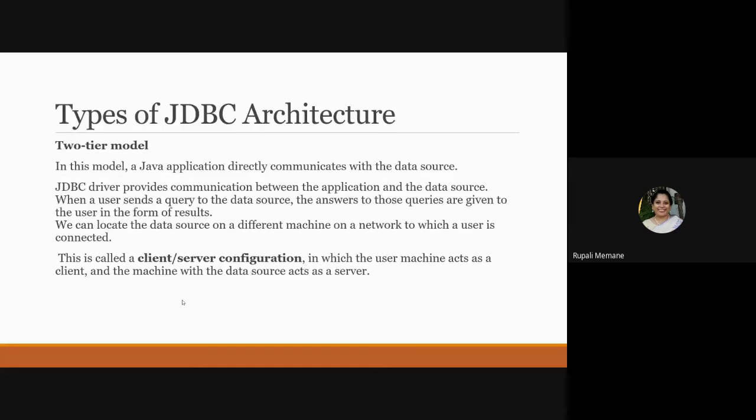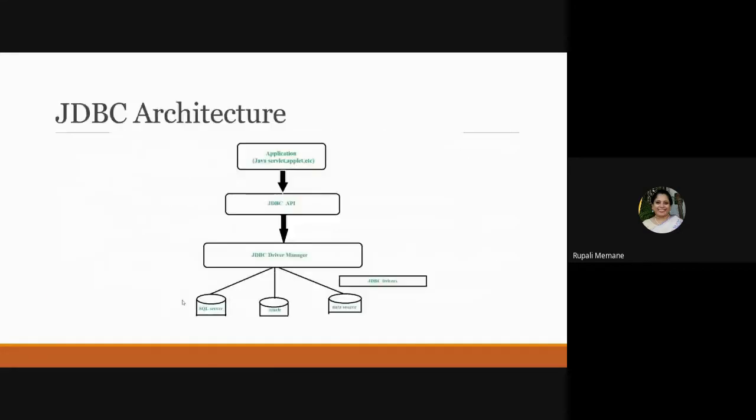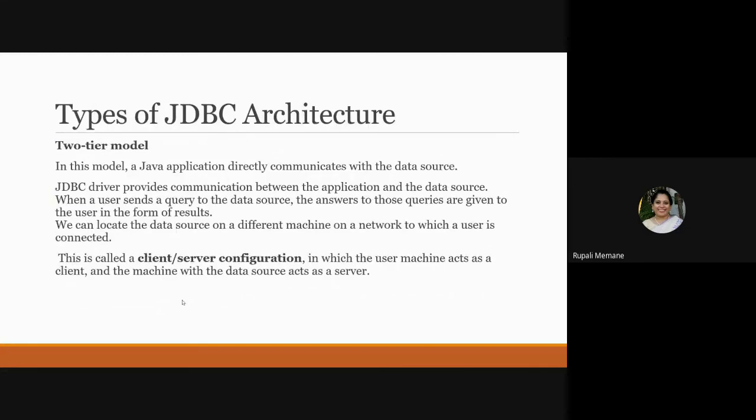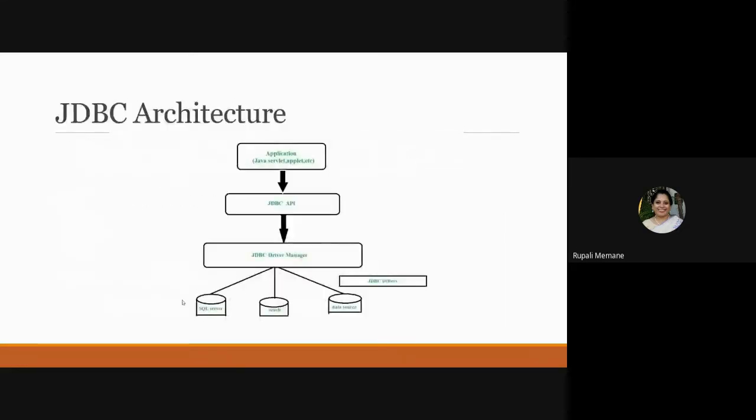Anyways, we are just going to do the 2-tier model and the 3-tier model, and we are going to stop today. Fine. So just see what actually 2-tier is. Because we have done JDBC architecture, you know how the data is going to flow. Now, what is JDBC 2-tier? In 2-tier, the application directly communicates with the data source. That means this application will just have the API and directly connect to it. It won't have the in-between driver manager.